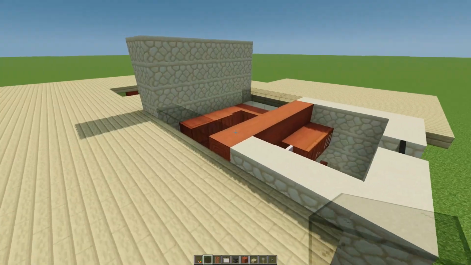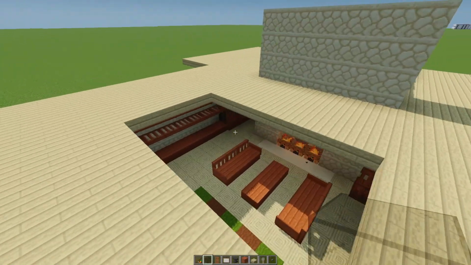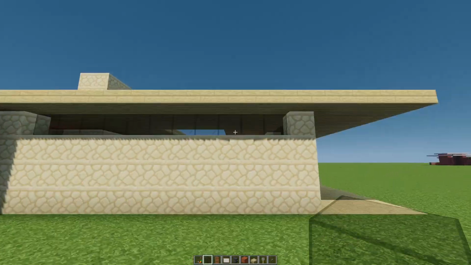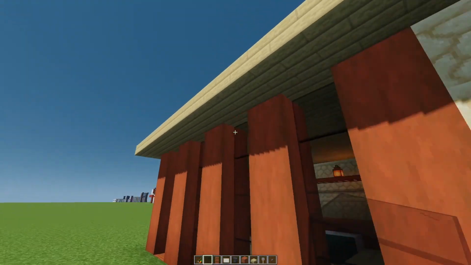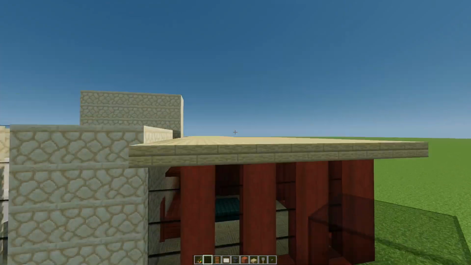But don't cover this up yet. We're going to do that in a little bit. I'll talk about the hole. It comes 1 block back in the back and 1 block out all the way everywhere else, and cover all